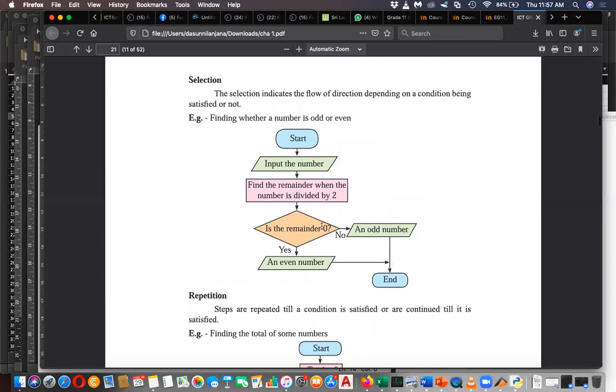So here, see the example, you start from this, input a number, find the remainder. Remainder means whether the remainder is 0 or not. After dividing, what is the balance? After dividing a number by 2, if the balance is 0, that number is an even